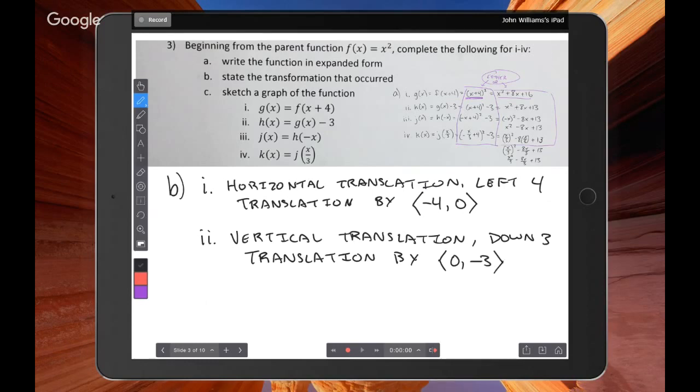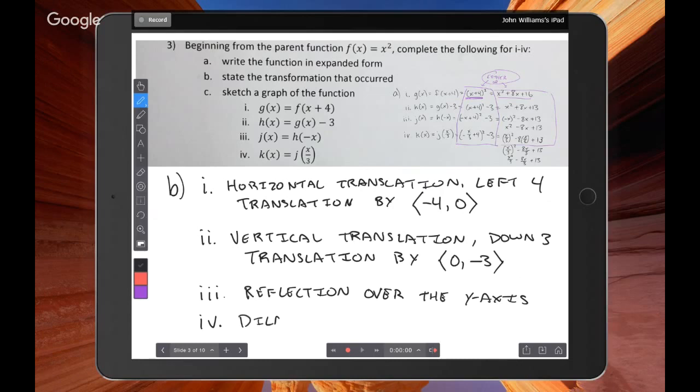Cool. Step 3, we've got a reflection over the y-axis. And step 4,